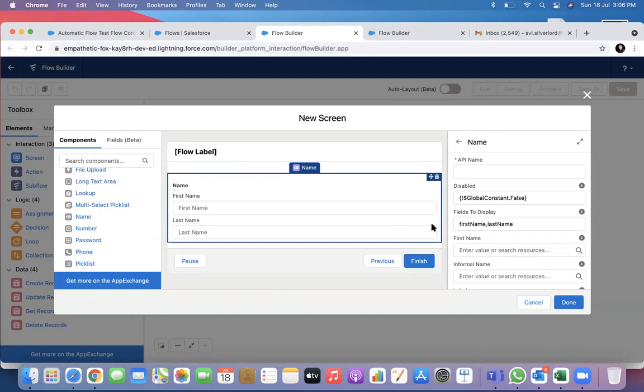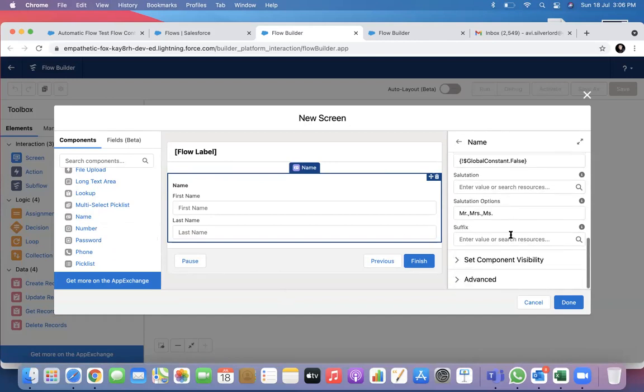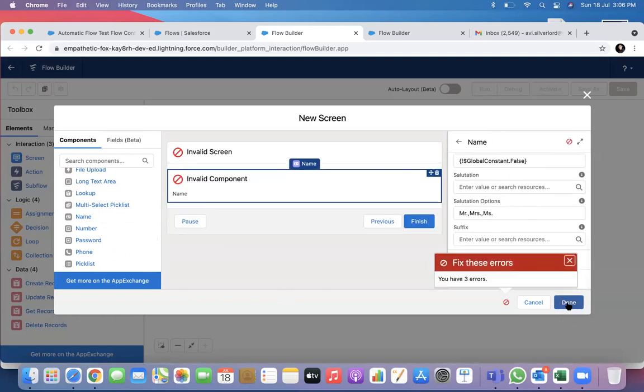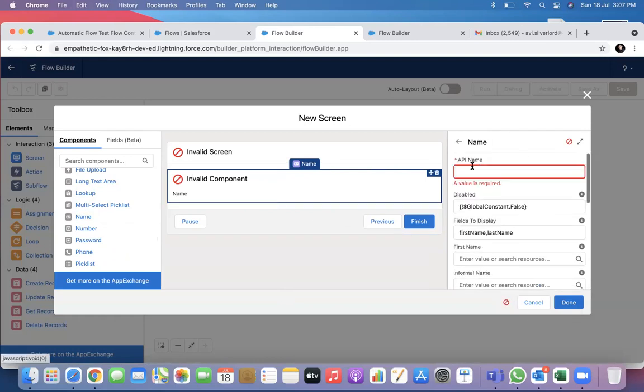And I say, maybe I will put an MP and done. Invalid component. What is that? I have to put some values.